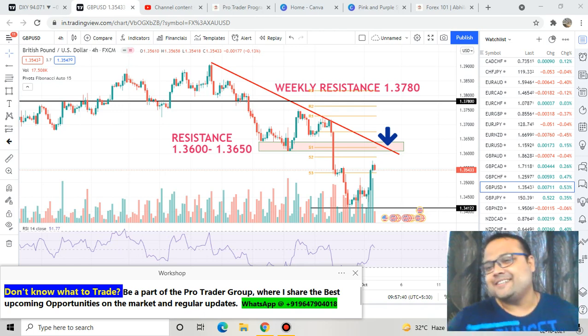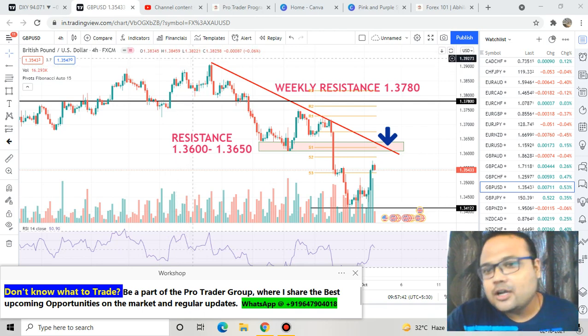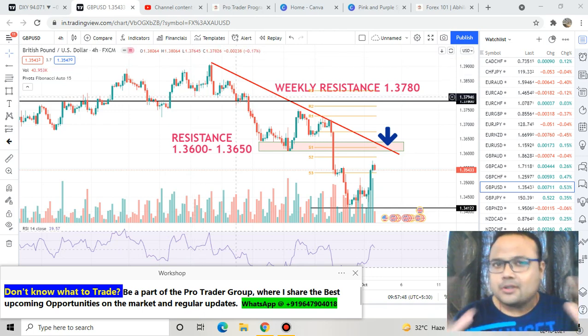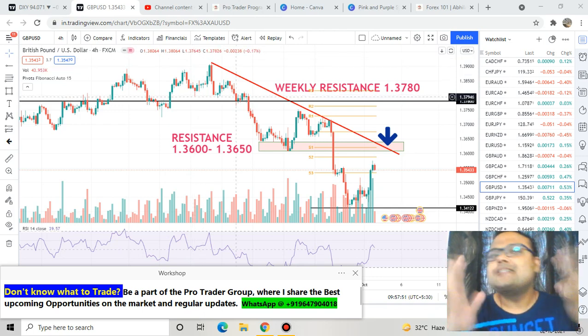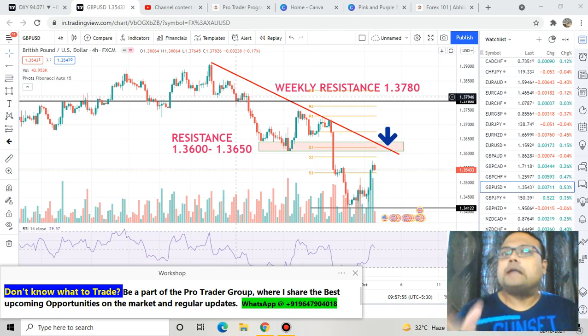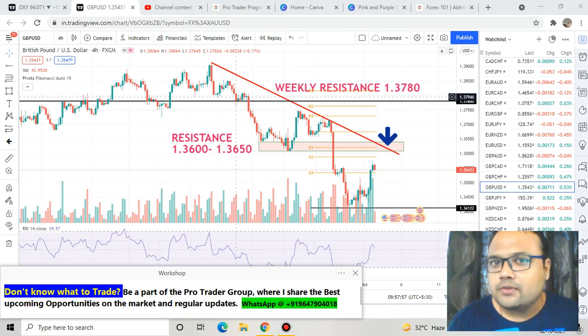So let's get started. This is the forecast chart of GBP USD in front of us right now, and as you can see, I have got a few new levels on the chart. I have drawn a few lines here, so let's try to understand what is going on in the chart of GBP USD and what are the best trading opportunities for GBP USD on Monday.